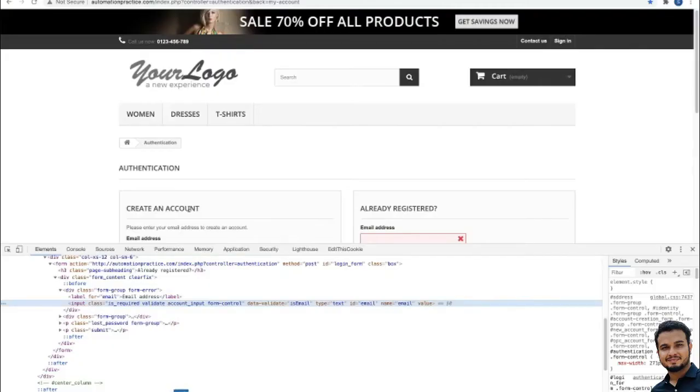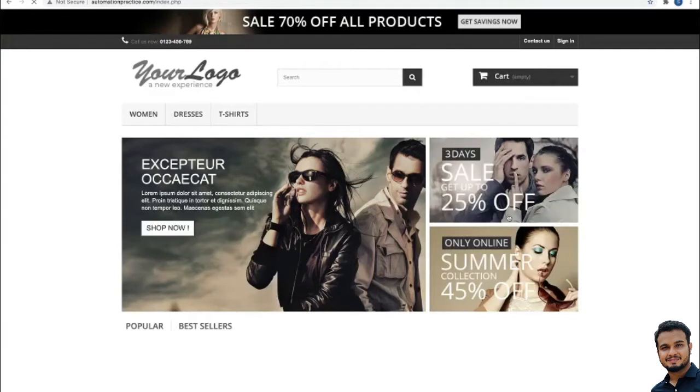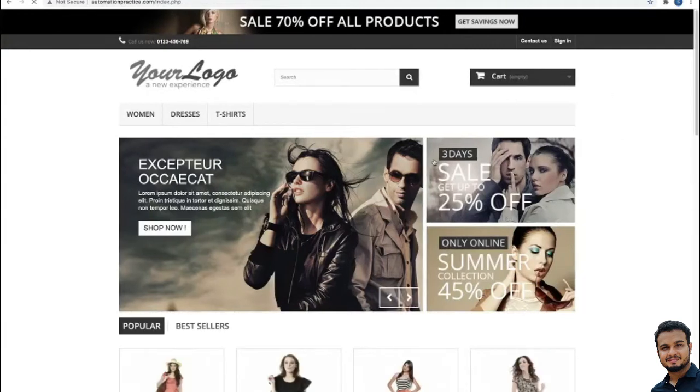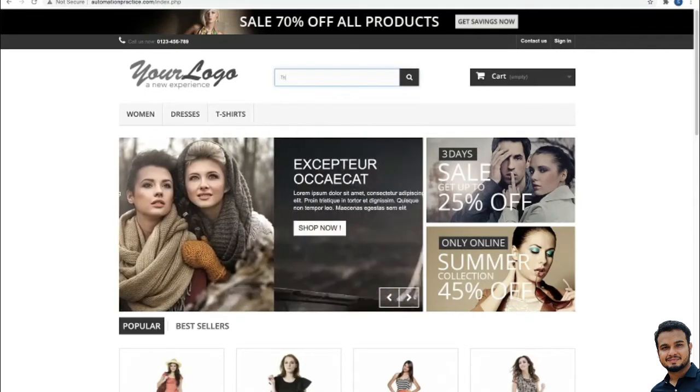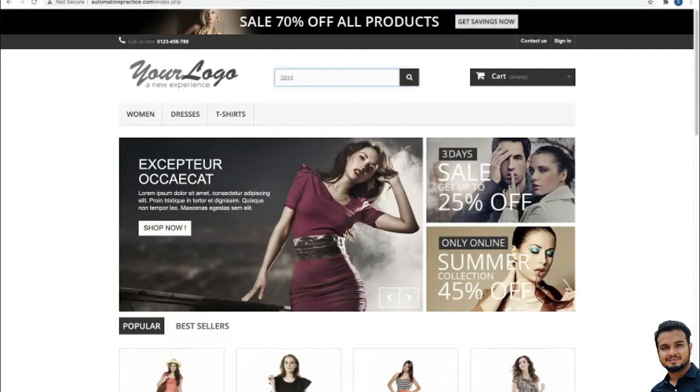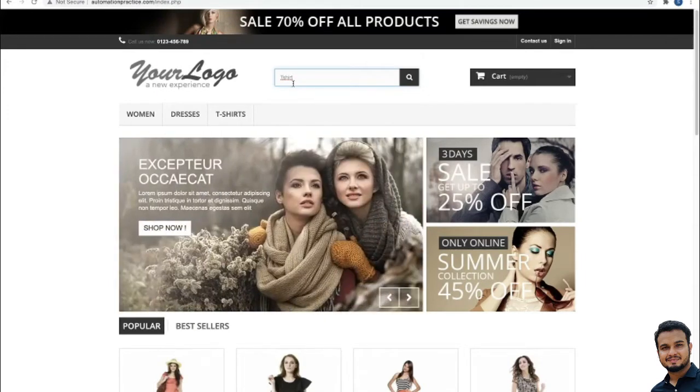If I go to our automationpractice.com website, okay, let me close this. Here you see a search box, right. What you are going to do here is enter some text. For example, I am searching for TSAT, right. Manually, you are just typing it here.